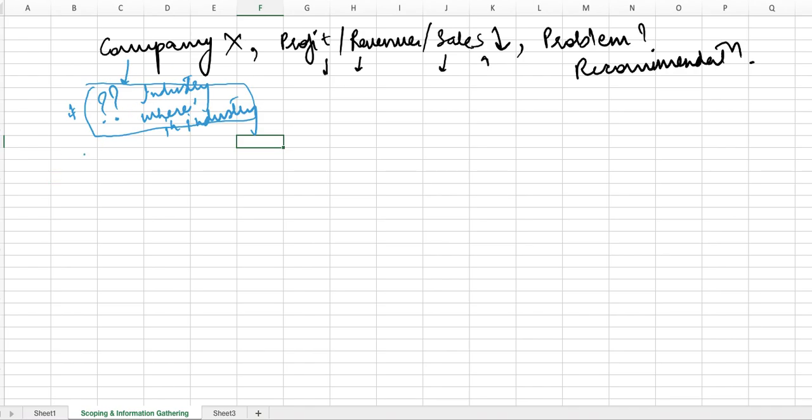So first of all, what questions we need to ask. Let's just assume that there is one company X, something has gone down, it is reported as a problem, and I have to check what the root cause of the problem is, and then I have to recommend something. Okay. So first and foremost, the question I will ask is: what has gone down? And when I ask this question, the basic structure going on in my mind is